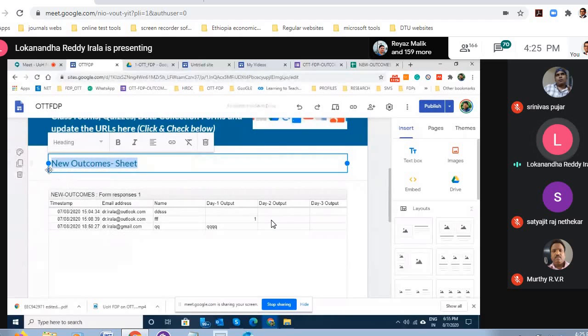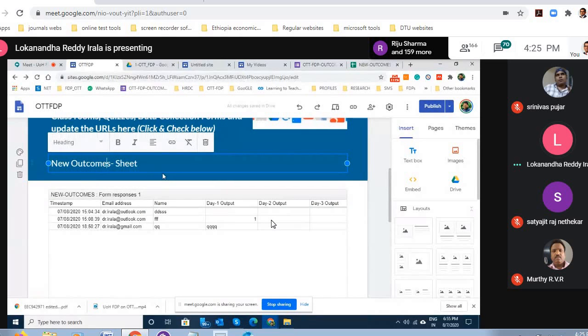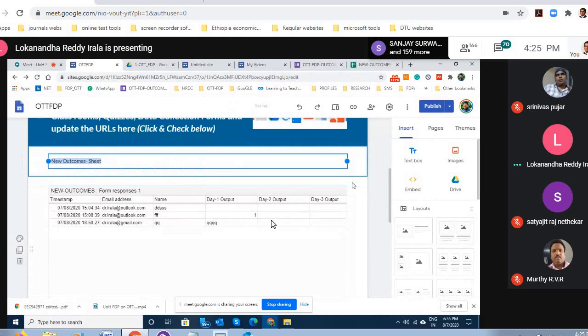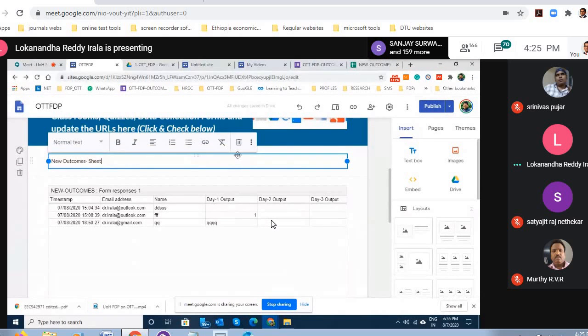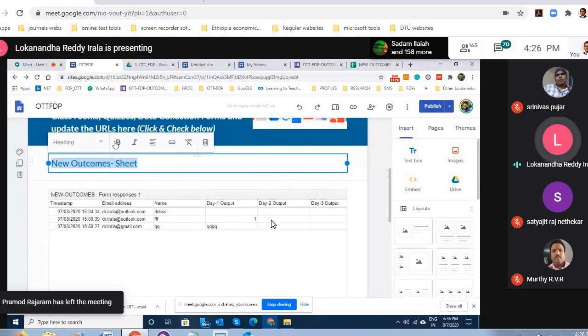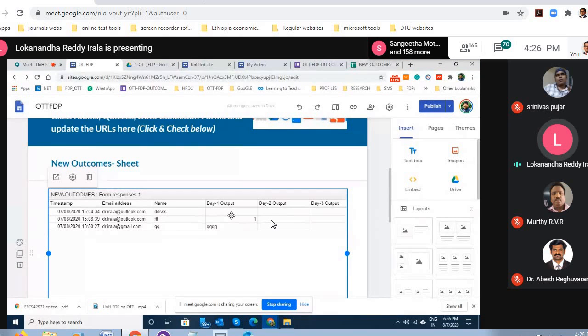It's looking ugly, so okay, let us not spend more time on this. These decorations take a lot of time. This is another problem. So now what happens, tomorrow onwards, this file is not editable for you. Whatever you update in your form, by linking that form, that gets reflected here.